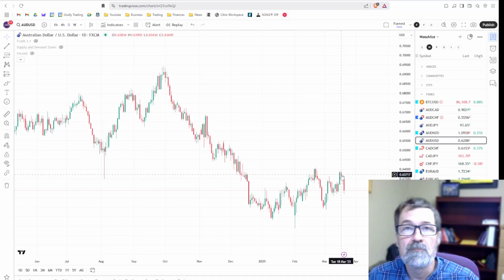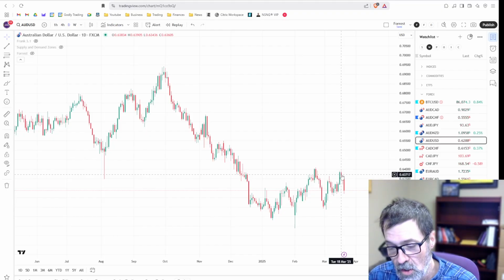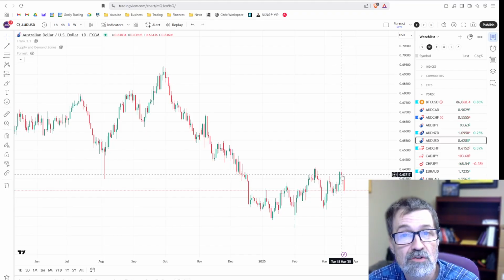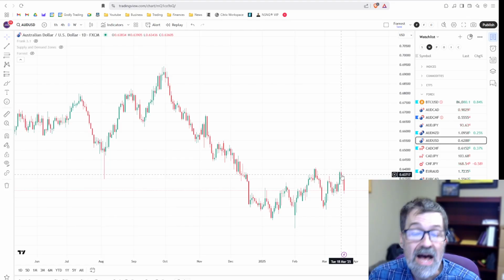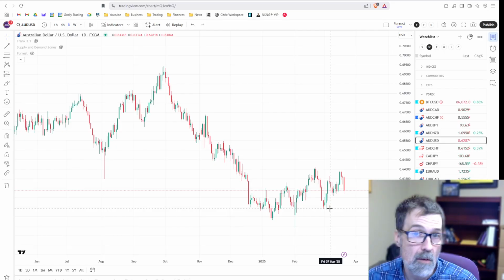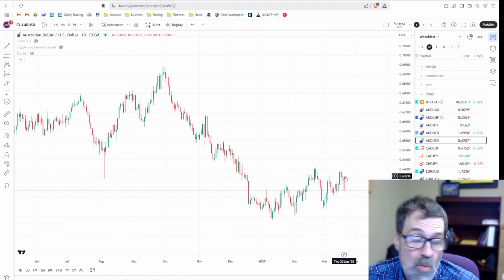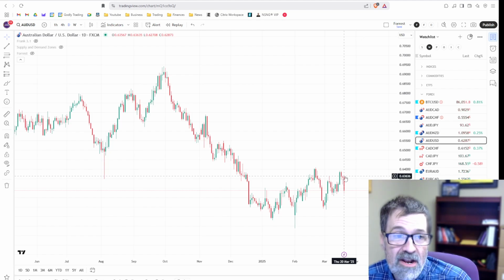So what does that mean? Well, putting in higher highs and higher lows means you're in an uptrend. Putting in lower highs and lower lows means you're in a downtrend. We have not yet put in a lower low from this. So we can't confirm it's a downtrend just yet. All we know is we haven't put in a higher high. So we're not really anymore in an uptrend.